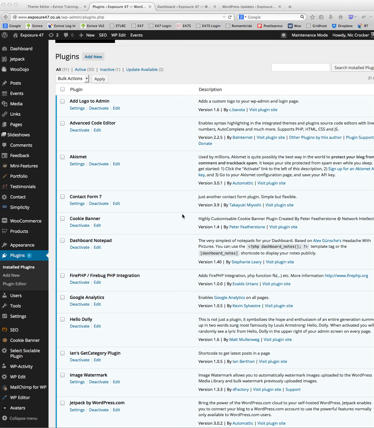The main piece of software that we use for the Exposure 47 website is called WordPress, and that is what you use all the time when you want to add posts, create portfolios, etc. And the admin menu, which you now get a chance to see on the left-hand side in the black column, just shows various parts of that software and allows you to interact with it to change how